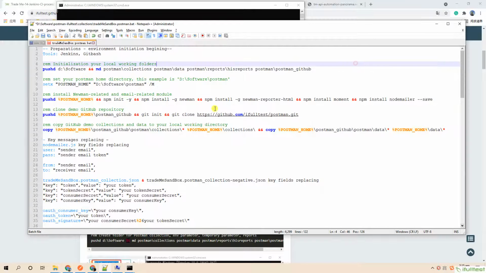Fourth, clone the demo GitHub repository and copy key files to the local given folder.